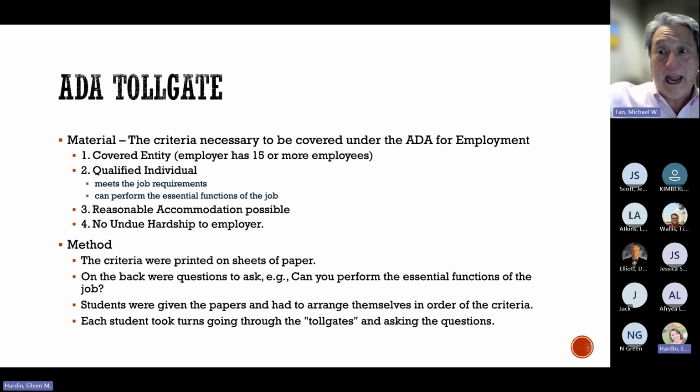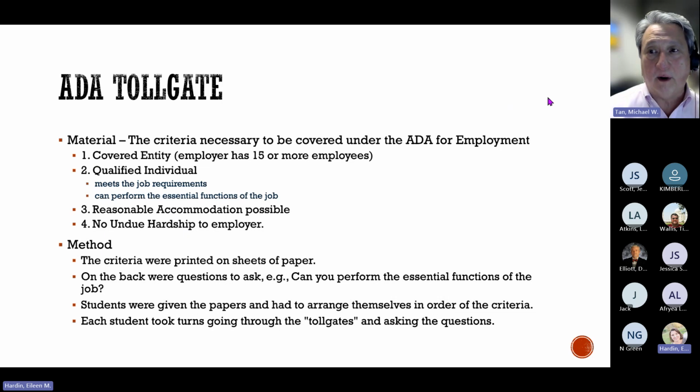And then the student had to be able to answer those questions. Once the student answered the question correctly, then the toll gate went up, and they moved on to the next person, and they moved down the line. And then I took turns so that everyone got to ask every question for each of the different criteria, as well as go through the toll gate themselves. So there was also repetition built into the exercise, but the idea that they're actively asking the questions, they're answering the questions, and they got it, and they